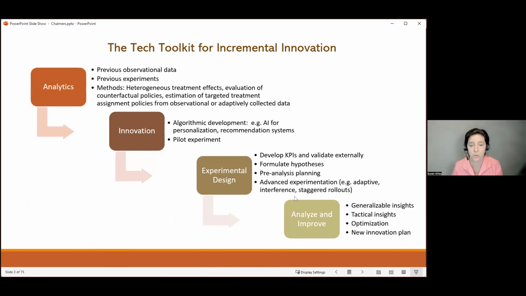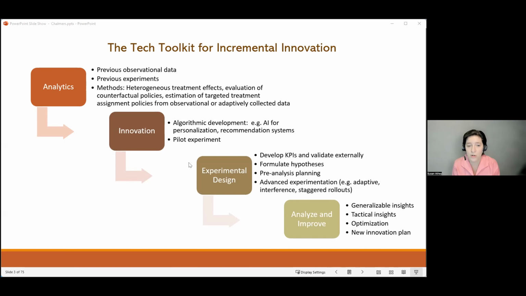What do I mean by the tech toolkit, first of all? Well, I'm a founding director of our Institute for Human-Centered Artificial Intelligence at Stanford, and I give a lot of talks about AI. A lot of times people feel that AI, the algorithm itself, is really the hard part of getting something done. But in my experience, where I spent several years working at the search engine at Microsoft, and I've advised a lot of for-profit large tech companies as well, the algorithm is just a piece of the overall pipeline.